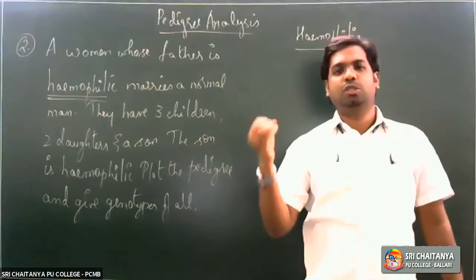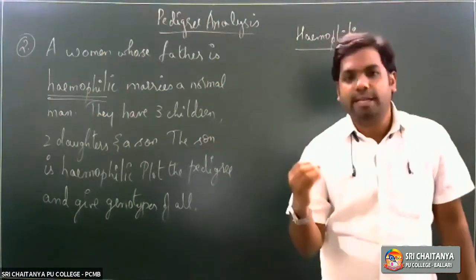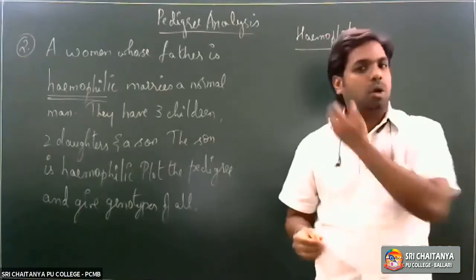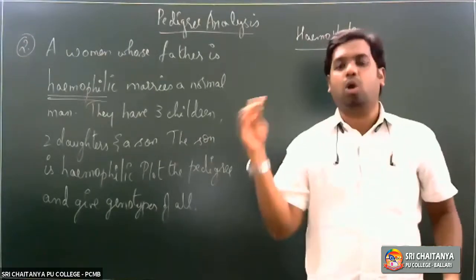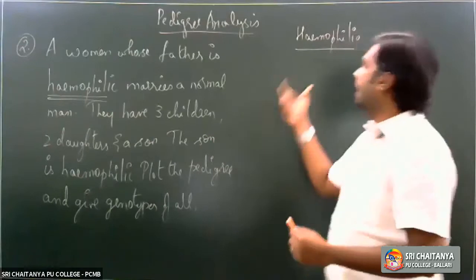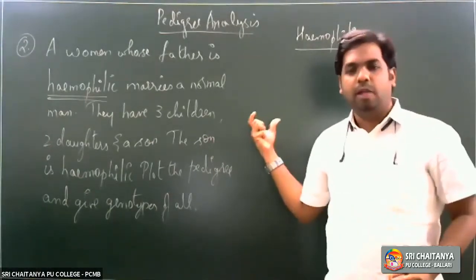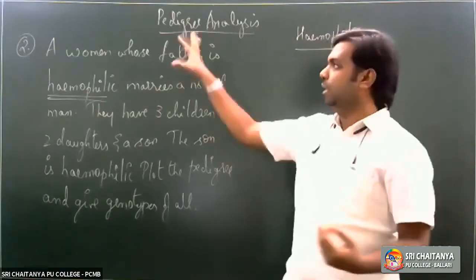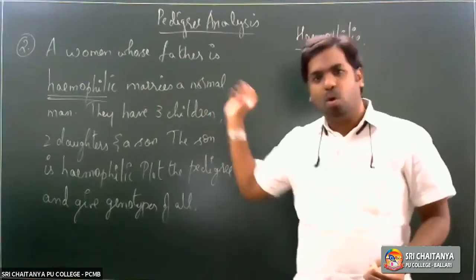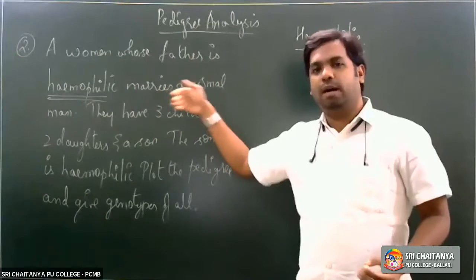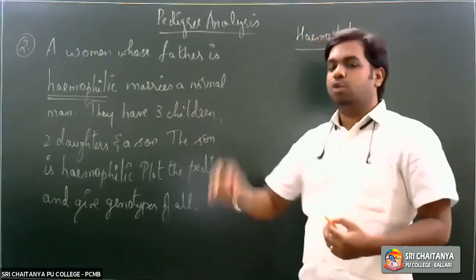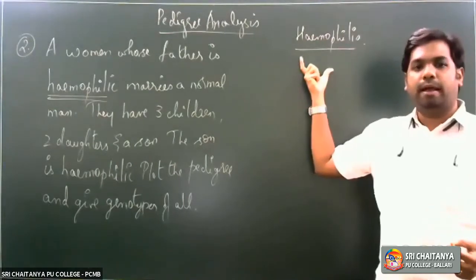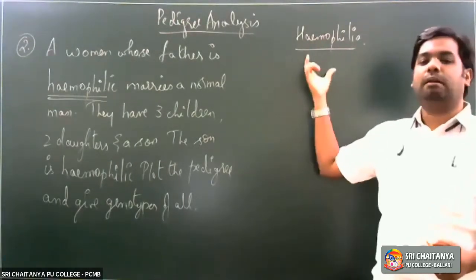The disorder which is caused due to mutation in a gene or in a chromosome. Right? So any sort of mutation in a gene or a chromosome, we start calling it a genetic disorder, right? We'll be talking more about the genetic disorders in our later sessions, once we are done with the pedigree chart. There we'll get into more details about a lot of genetic disorders. One such genetic disorder is hemophilia. So what exactly happens in this particular condition?